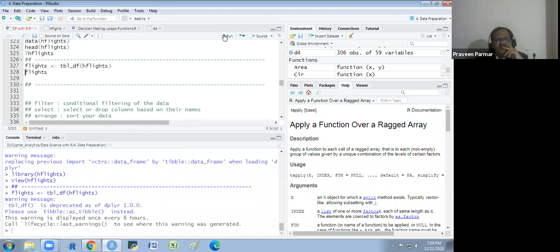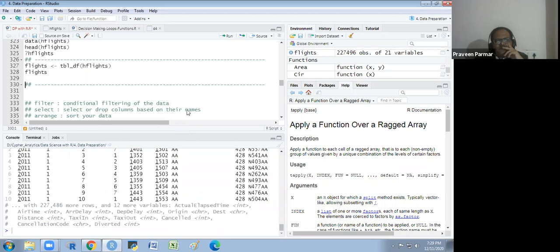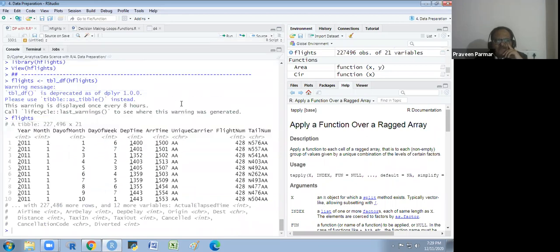I will show the tibble to you. So this is my tibble. It is basically a data frame itself. And you see it is a tibble having 2,27,496 rows and 21 columns. It shows a few columns in the 10 observations, and for the others it writes that these columns remain and these more rows are there.